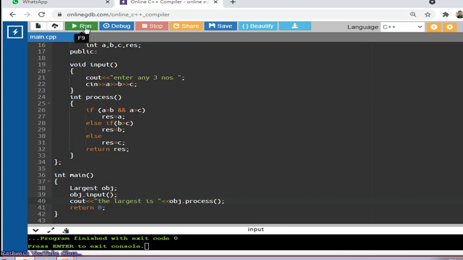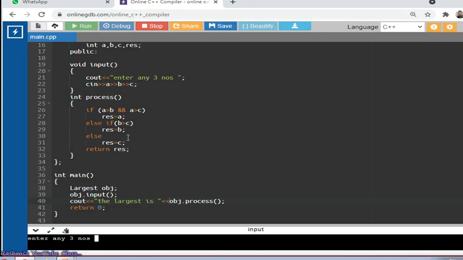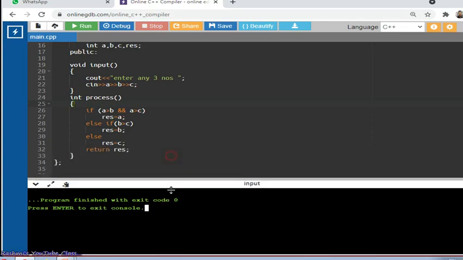Fine. So let's run the program. We will get the statement before the result is printed out. So check, the largest is 4. It is printed. Perfect.